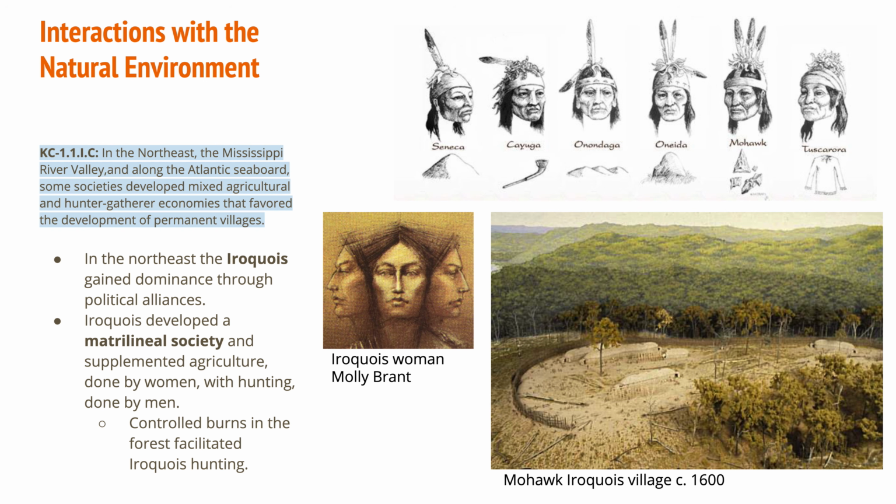So on the bottom left, you have an example of an important Iroquois woman. She won't actually be seen until the next historical period, but Molly Brant did a lot to have the Iroquois continue to maintain their sovereignty over the region into the 18th century. And on the bottom right, you have an example of how the Iroquois would clear part of the forest and then have it adapt to their lifestyle.